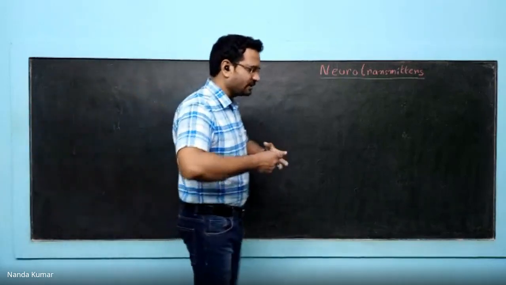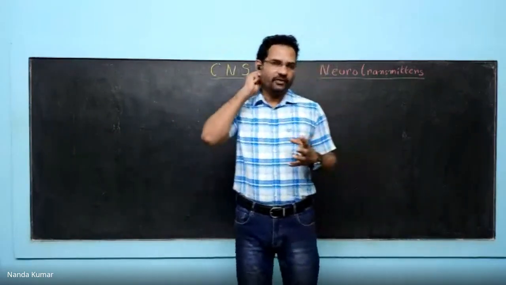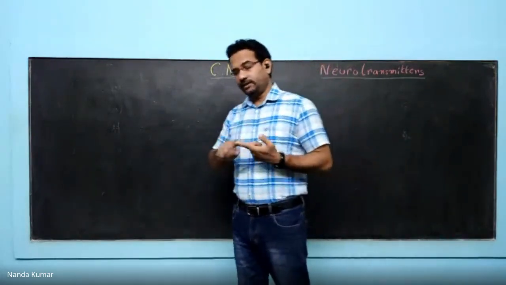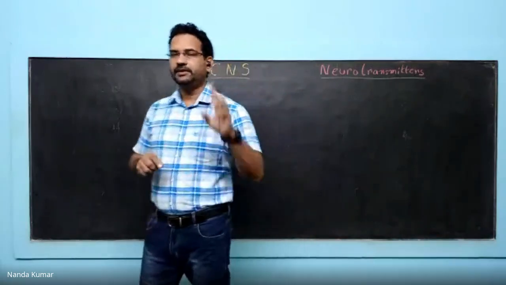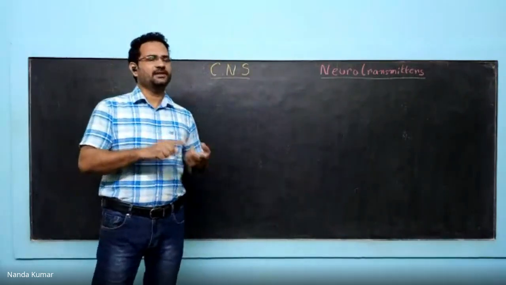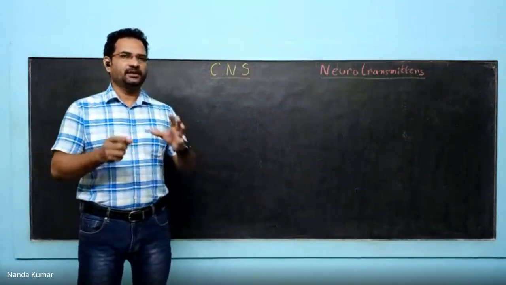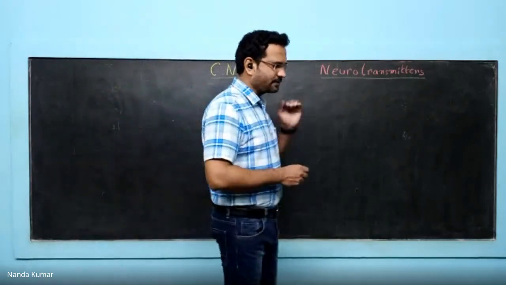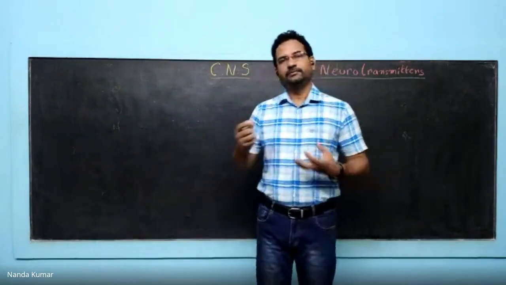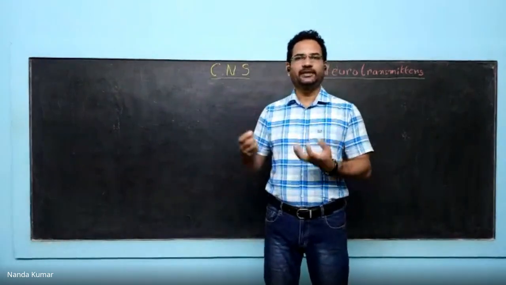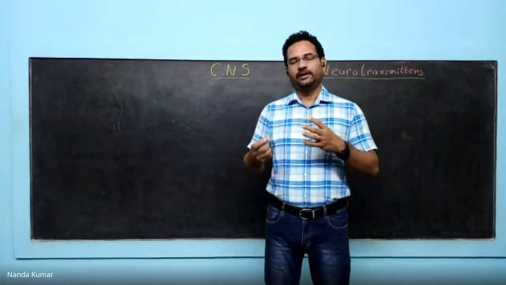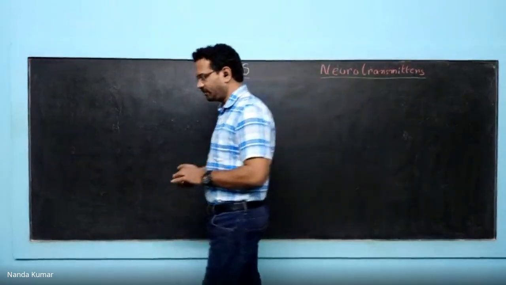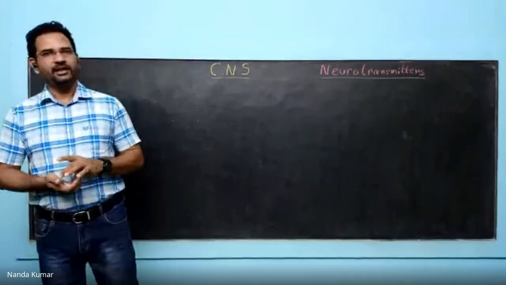The major function of cerebrospinal fluid is to protect our brain from mechanical agitation. It is plasma seeped out from the blood, and it forms cerebrospinal fluid. It contains white blood cells, cations, anions, glucose, urea, and certain other components. The blood-brain barrier is the one which protects our brain from all the toxic chemicals. Whatever is in the blood will not reach the brain because it is protected by the blood-brain barrier. After that, I have explained glial cells and neurons.